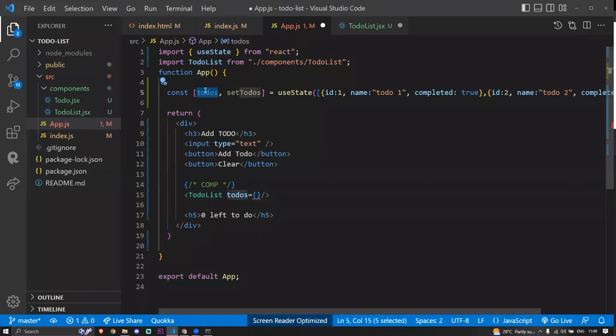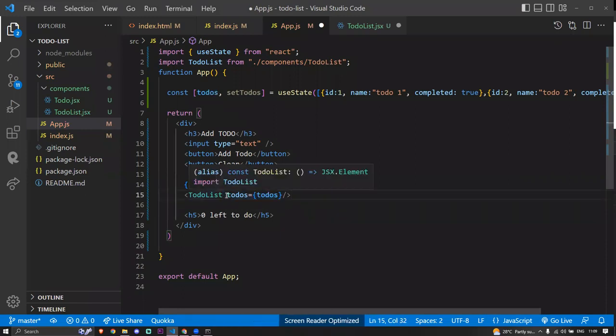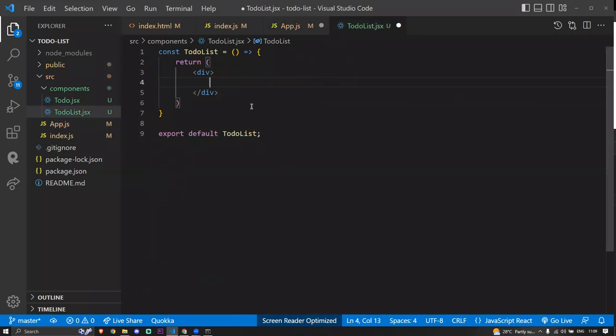You already know what the to-do returns. It is going to return the actual array. This array contains two objects, one is id 1 and the other id 2. Now when I pass this, I can access this props, the array, in my to-do list. Here I'm coming back. Basically, this to-do I'm going to destructure inside here. Before that, I will show you